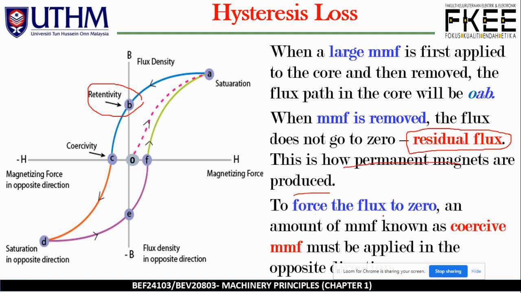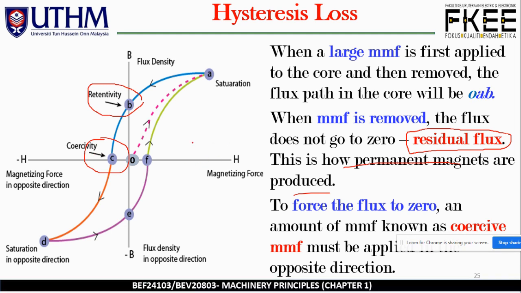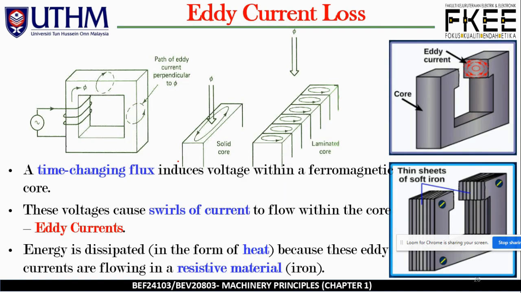To force the flux to zero, as I explained earlier, how do we actually reduce the flux density to zero? We need to apply some amount of coercive MMF in the opposite direction. Of course, this is the positive zone, so in the negative zone we apply a negative, or coercive, MMF in order to reduce the flux density down to zero. On the other hand, eddy current loss